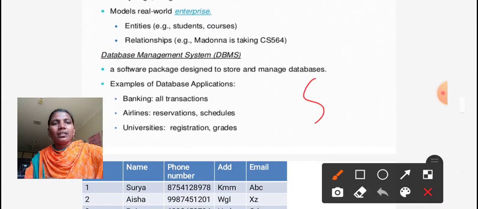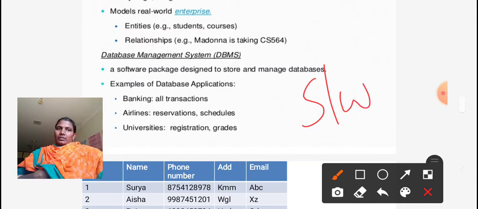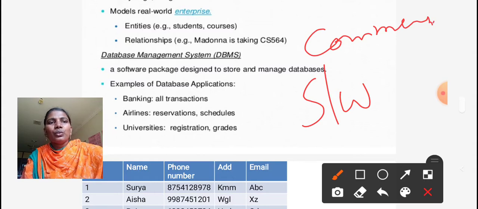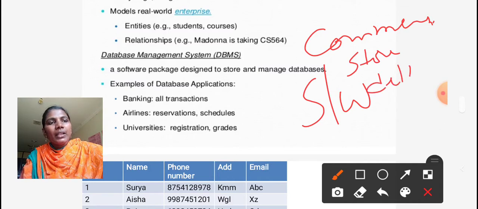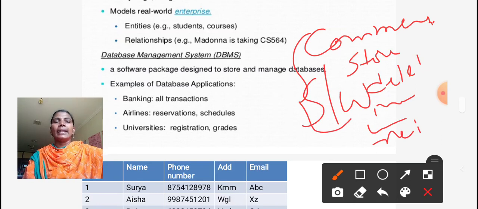It is a commercial software which is used to store the data values, delete the data values, maintain the data values, update the data values, retrieve the data values, and manage the database.